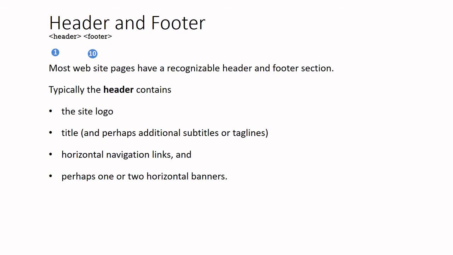So first, the popular ones are the header and the footer. So what you can do with the help of the header and the footer: generally the header contains the website logo. Even the title you can adjust under the header, and then you can put navigation links, horizontal navigation links under the header. Okay, and somewhere maybe one or two horizontal banners, some kind of login button, even the site map and some other details we can put under the header.